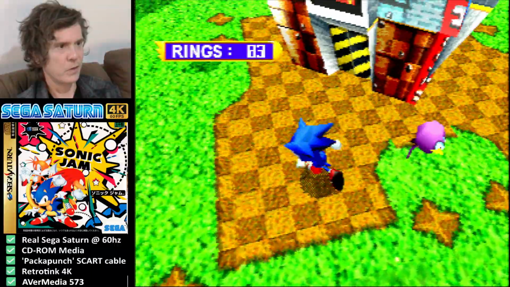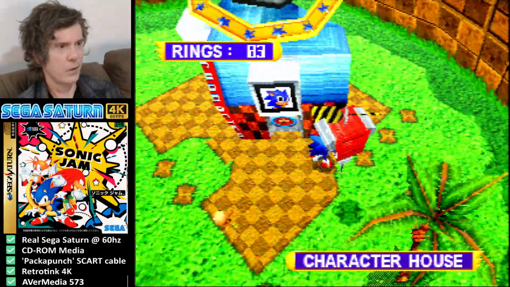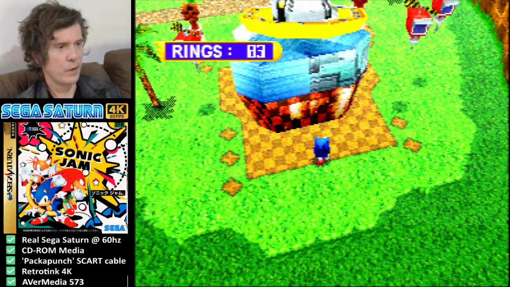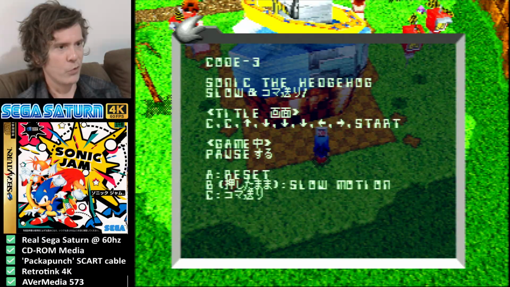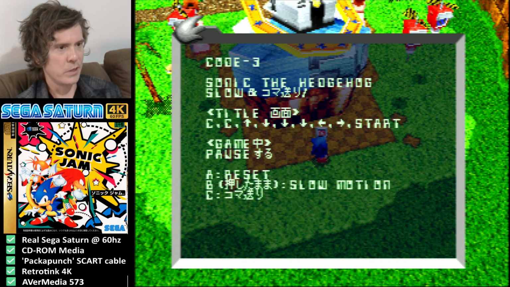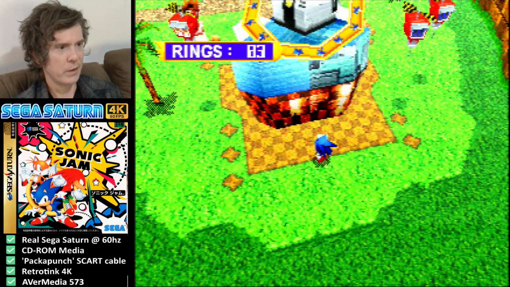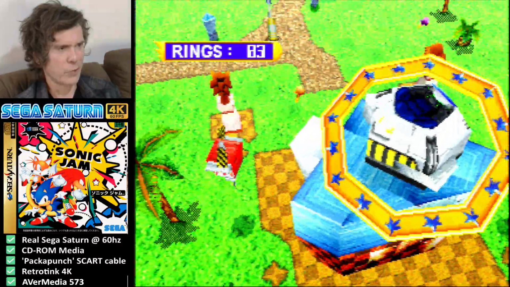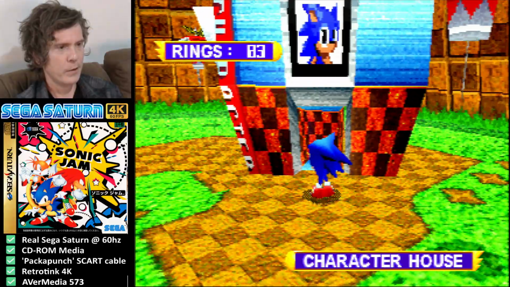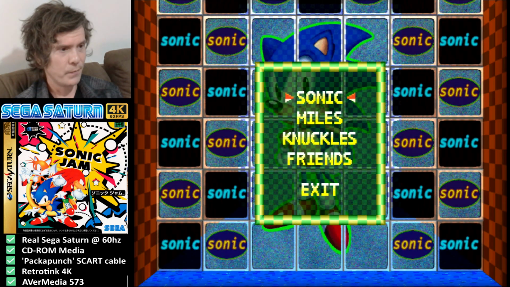This is character house. Oh. Give me that. Code 3, Sonic the Hedgehog, slow, title. CC, up, down, down, down, left, right, start. I think I have heard of a slow motion mode, but I never played it. Let's go into Sonic's house. We'll see, maybe it's the same content regardless of house, but...